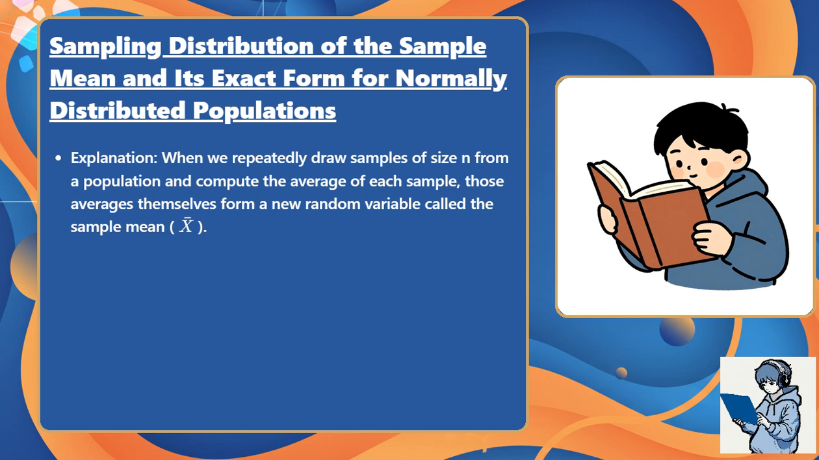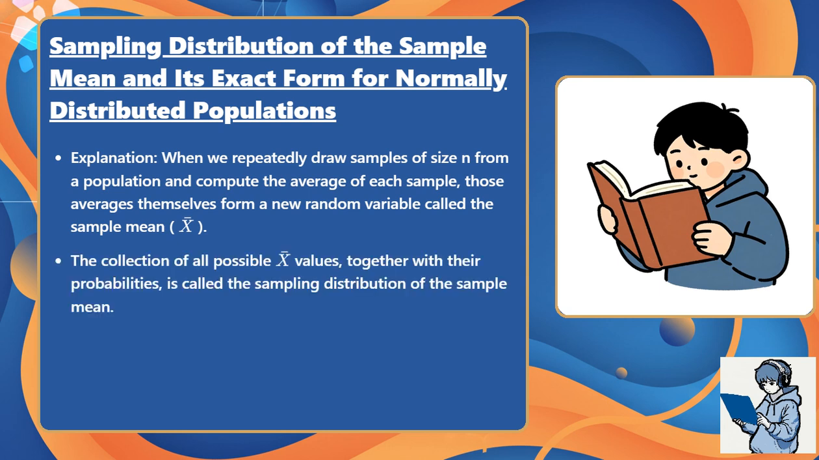When we repeatedly draw samples of size n from a population and compute the average of each sample, those averages themselves form a new random variable called the sample mean, x bar. The collection of all possible x bar values together with their probabilities is called the sampling distribution of the sample